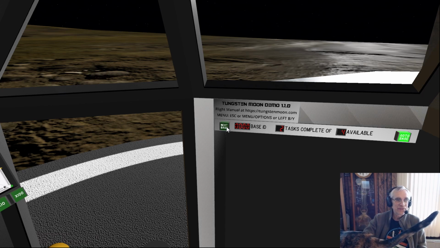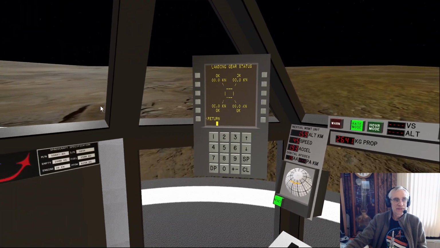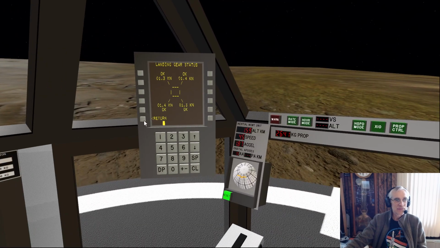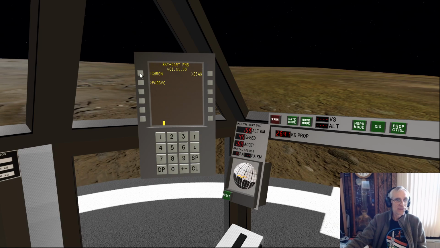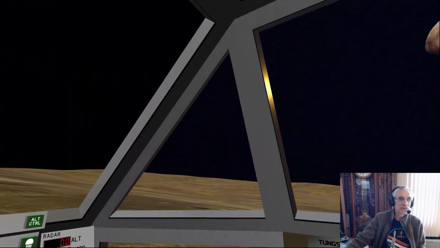But for these early demos, you can pick the base. Next base is the base ID, so 1:0 will go to base. So I think this is taking us back to where we just were. No, it isn't. This is 1:0, 30 degrees north, 136 west, so an entirely different location.